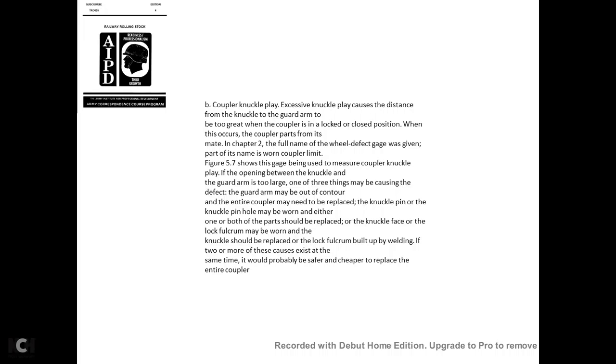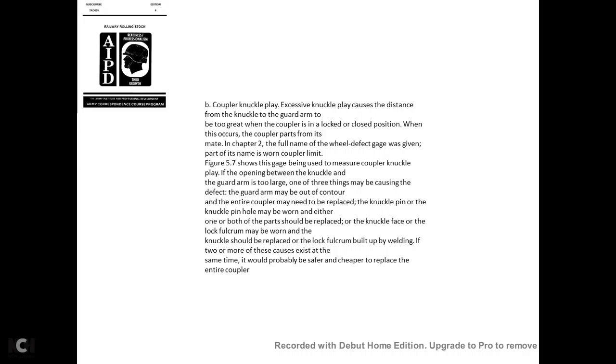Coupler knuckle play. Excessive knuckle play can cause the distance from the knuckle to the guard arm to become great when the knuckle is locked in the closed position. When this occurs, the coupler is out of its mace. In Chapter 2, the full name of the wheel defect gauge was given, and part of its name was coupler limit. This gauge is used to measure the knuckle play opening between the knuckle and the guard